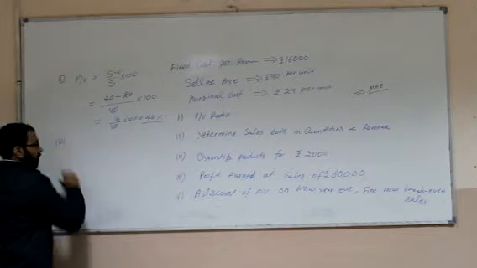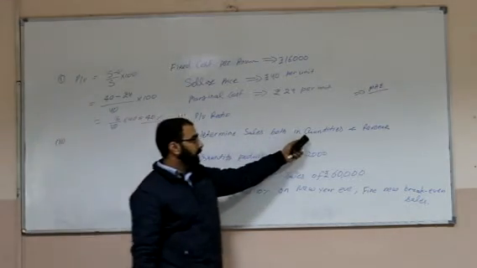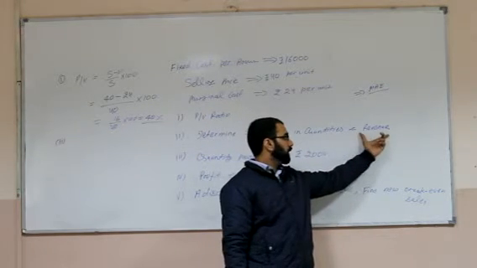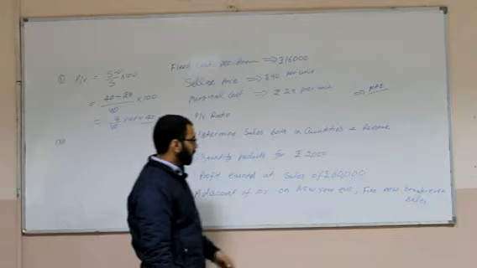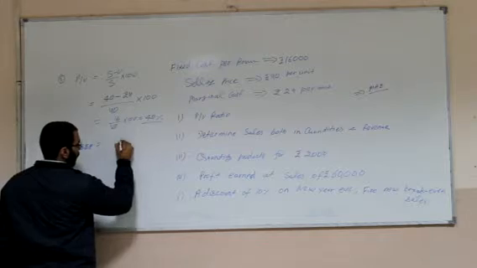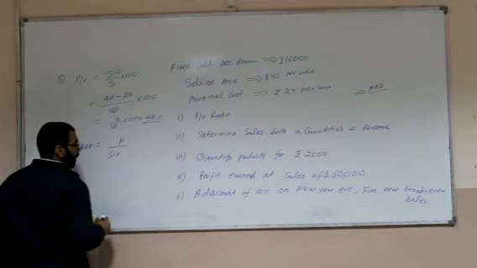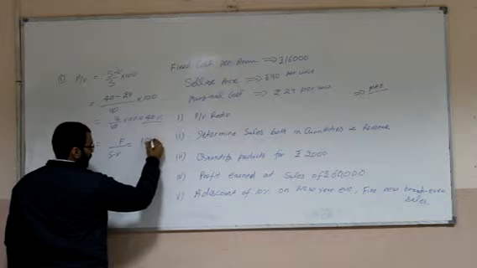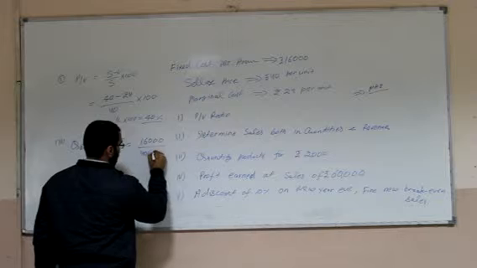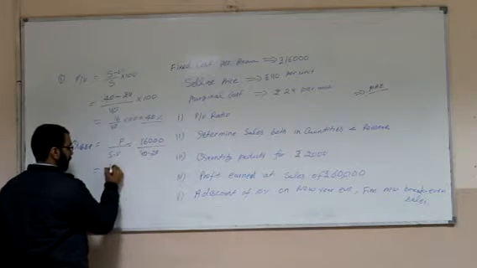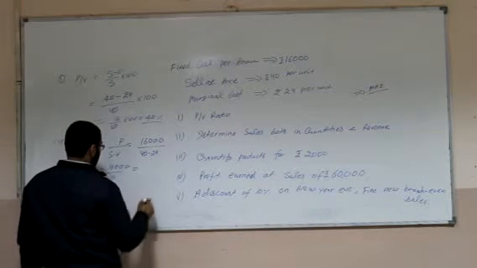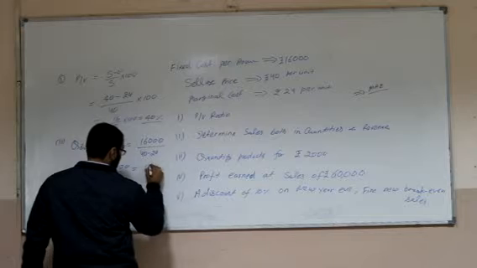Second, determine sales both in quantities as well as revenue. That means we have to determine Q and then multiply it by the selling price. The formula for QBEP is F divided by (S minus V). F is 16,000 divided by 40 minus 24, which is 16,000 divided by 16, and it turns out to be 1,000